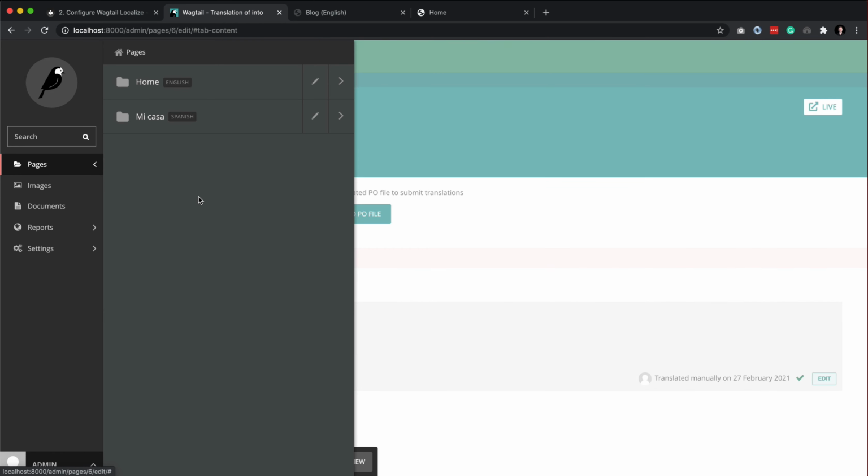Now, one last thing is if we go into our Explorer here, we have Home, Mi Casa, and the page has now been converted to, say, Blog Spanish. If at any point in time we wanted to change this to, instead of being just in Spanish, because we're just looking at Spanish pages at this point, we can always just click this little feature up here that says Spanish, and go to English. And it's going to change those pages for me. So it just swaps them out for me,